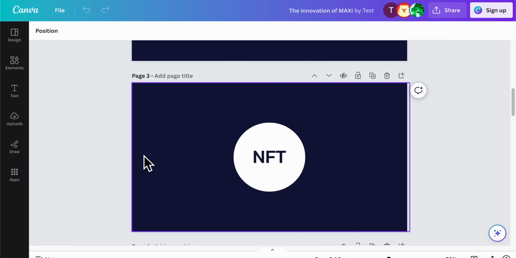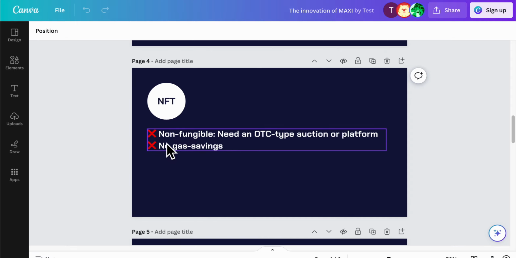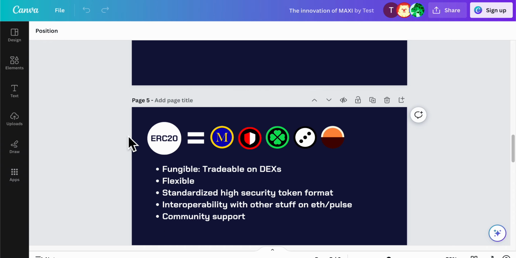But yeah, the NFT format, I have some slides here actually. Again, not ideal because not fungible, it's in the name. You can't split a 5555 hex stake in half. What you see is what you get. It is a max length stake for 100 hex, a very small stake, for example, and you can either buy it or not, right? On OpenSea or in the auctions, and there are no gas savings when the stake ends.